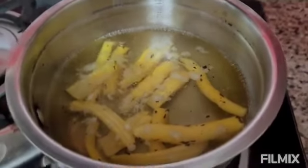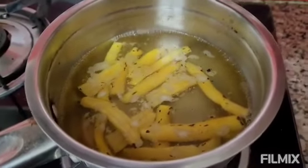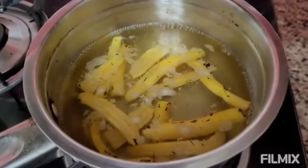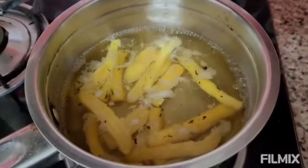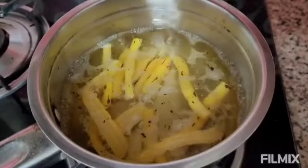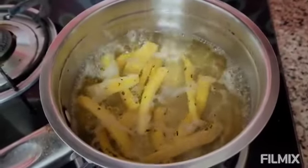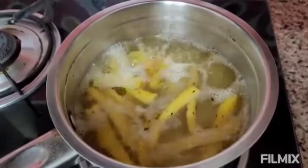Eremurus himalaicus roots, desert candle roots, mountain candle roots. The plant belongs to the family Asphodelaceae. Earlier it was included in Liliaceae. Eremurus himalaicus is a mountainous perennial herb with octopus-like or starfish-like